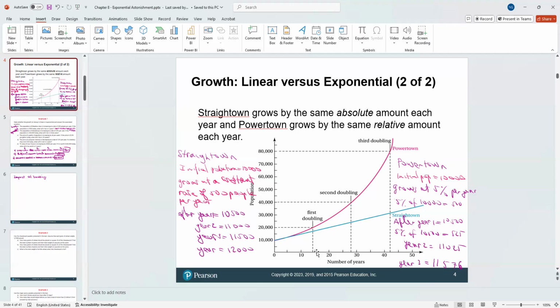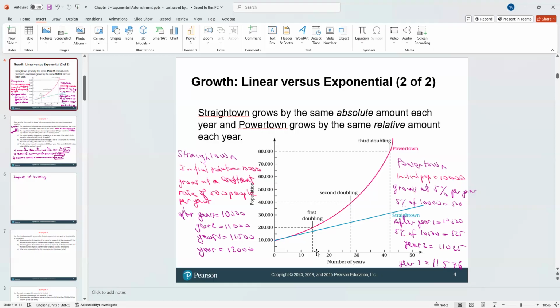So if you look at this graph, this type of repeated doubling, in which each doubling occurs in the same amount of time, is a hallmark of exponential growth, right? The time it takes for each doubling depends on the rate of the exponential growth, so that's very important to see. We'll see how doubling time depends on the percentage growth rates.